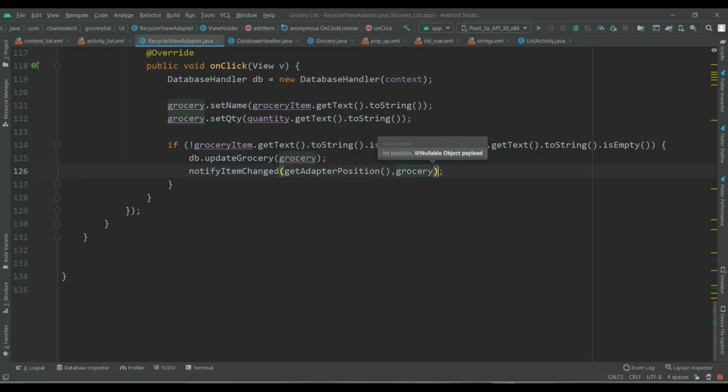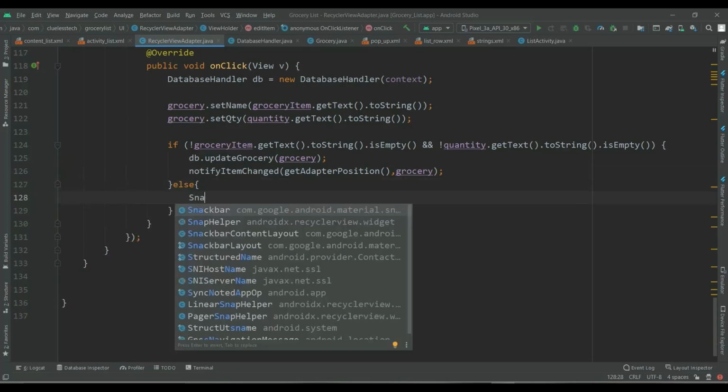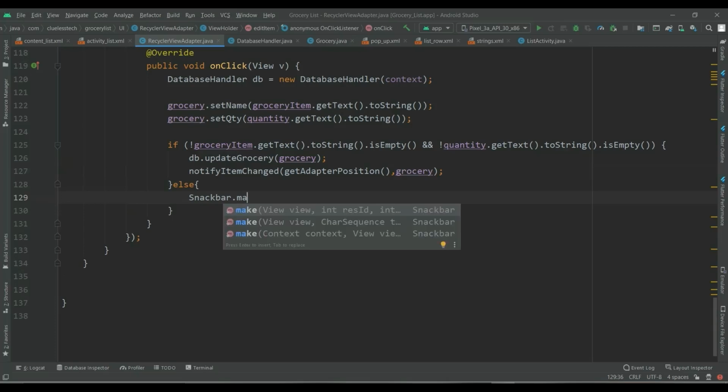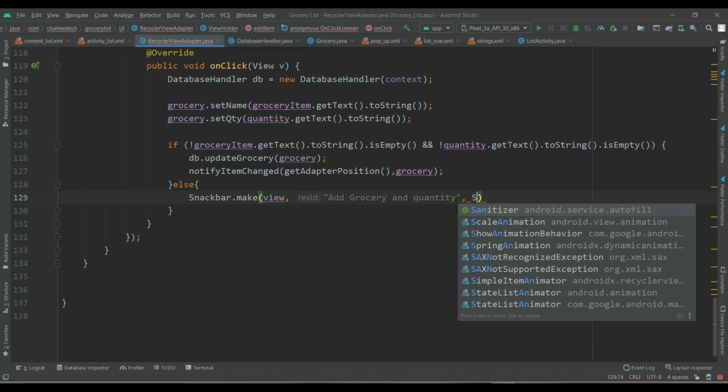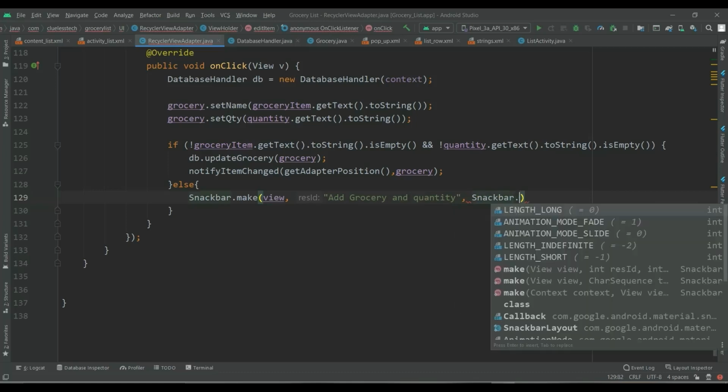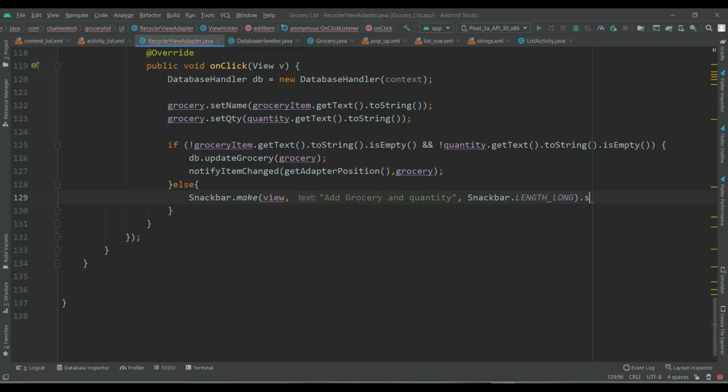So we will notify at which position the record is updated. Else Snackbar.make, Snackbar.make view, add grocery and quantity. If the value is empty, then we will notify to add the record, Snackbar.LENGTH_LONG.show,